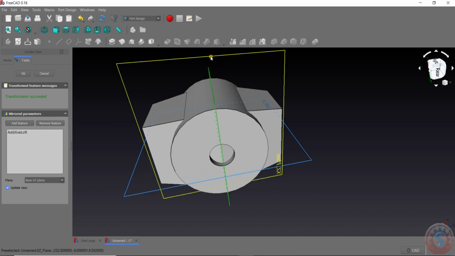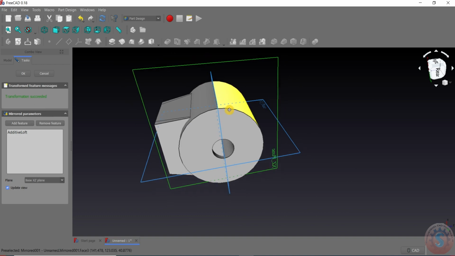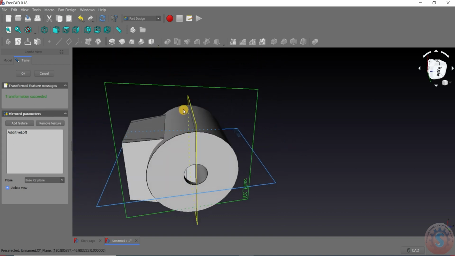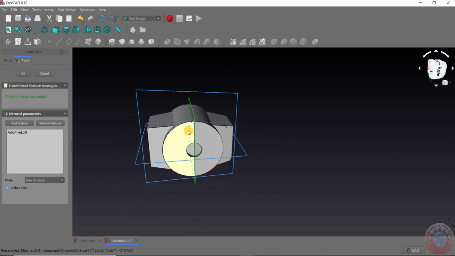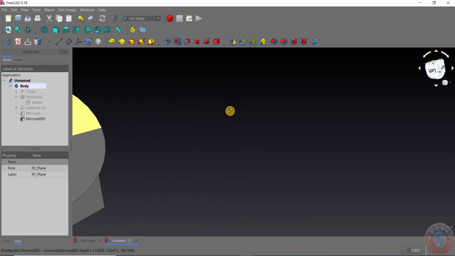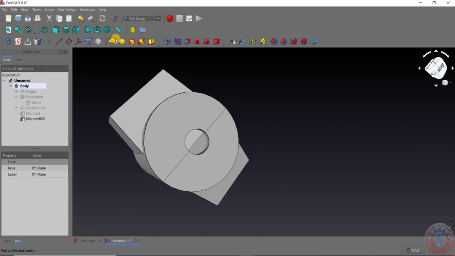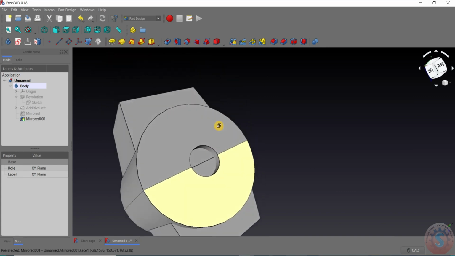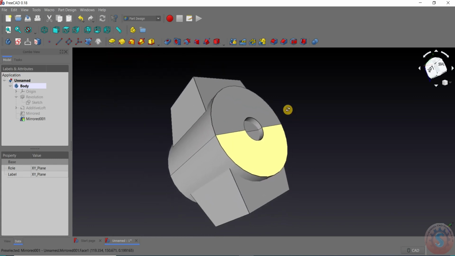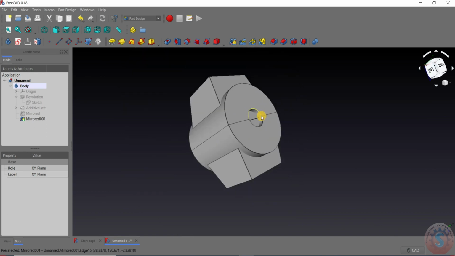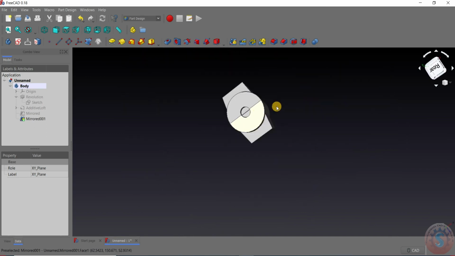You want to give the different axis, it will go into the different axis. You can see it is coming here like this. You can give the axis of the base XY plane. Here also you can give, and click on OK. You can see by using the loft and the revolve commands, you can create bearings or house bearings like this. Like this you can create the mechanical components.